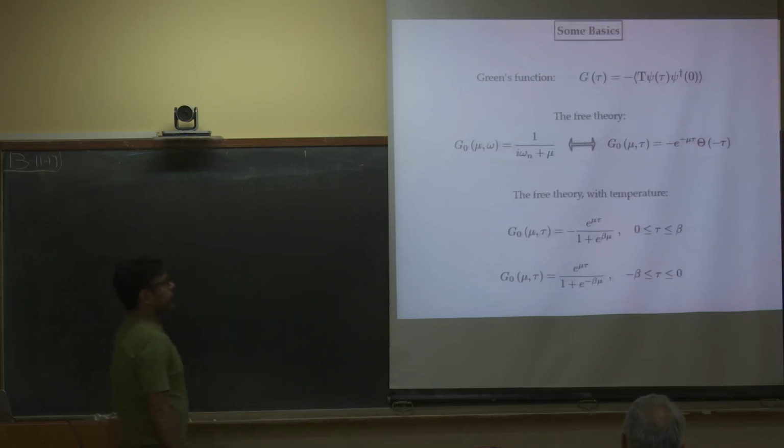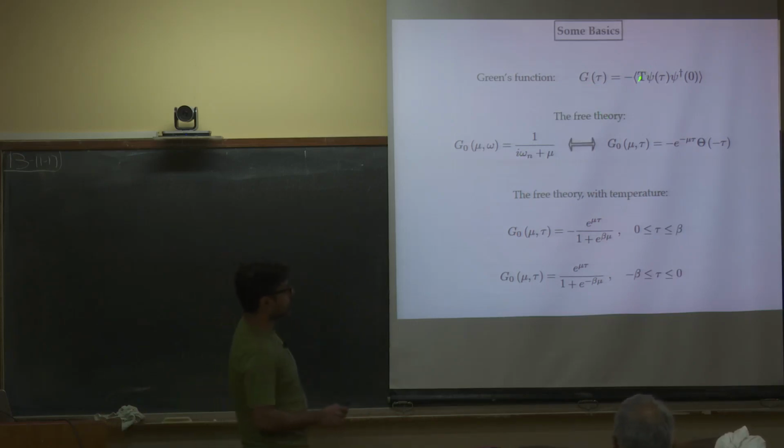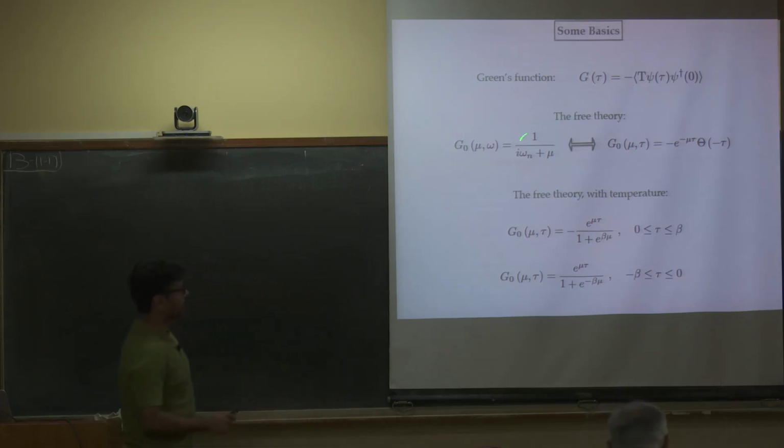Okay. So if you do that, then you can go along and start defining your things. So for example, the standard Green's function is defined in this way. This is a time ordering of two fields, and you take an expectation value, and this Green's function for the free theory is very easily obtained to be this. This is in Fourier space. So omegas are energy levels, if you like. This mu is the original mu that we have in the Lagrangian, and in real Euclidean space, this is how the Green's function looks like.